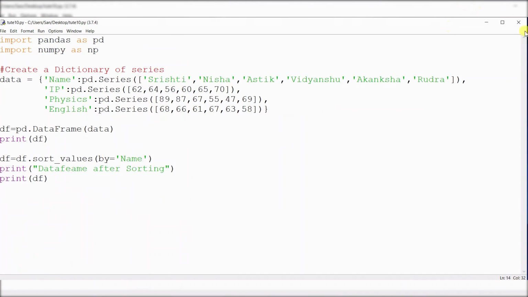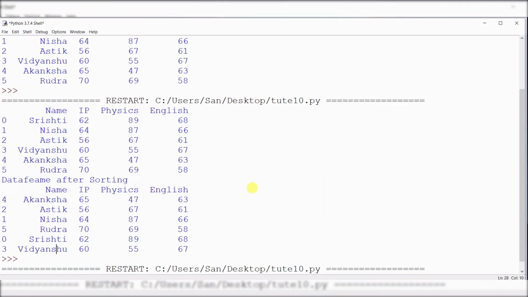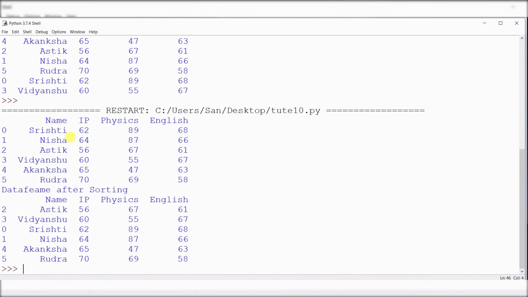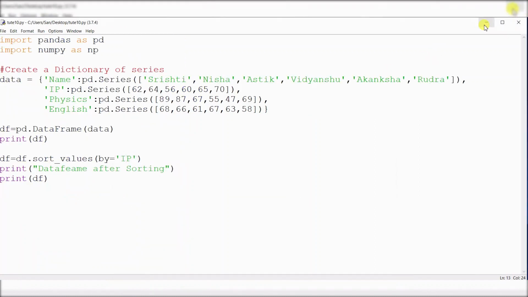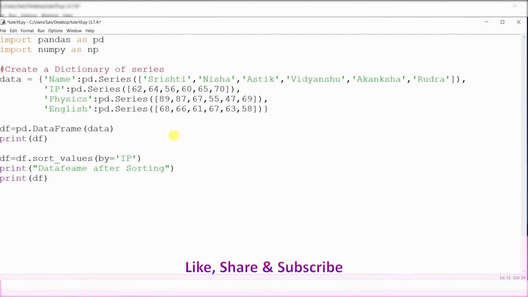If you change the value, now type here subject, IP, then run your program. Look here. Now IP, these are numbers in ascending order, okay?